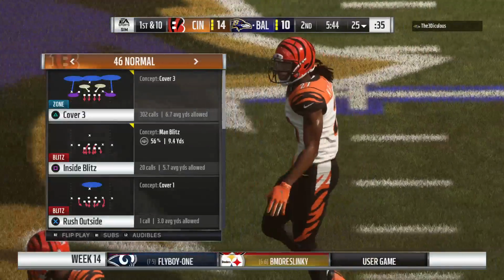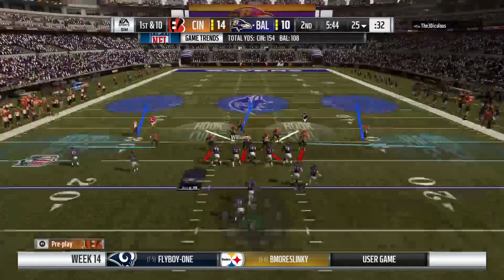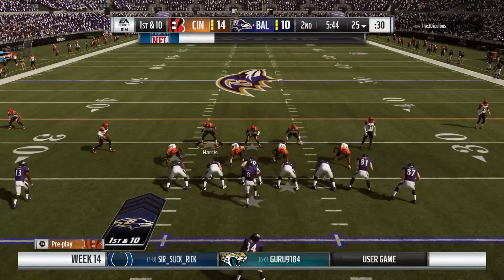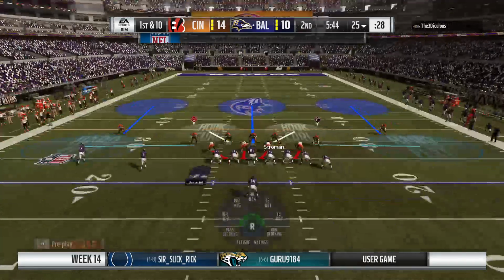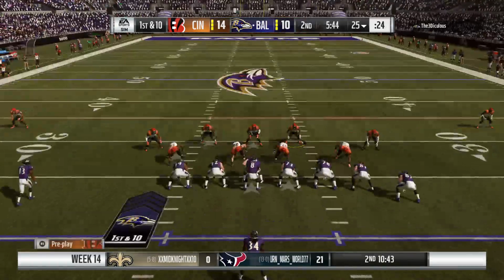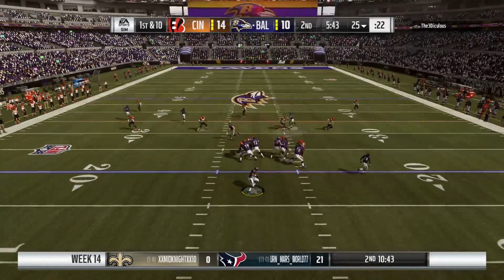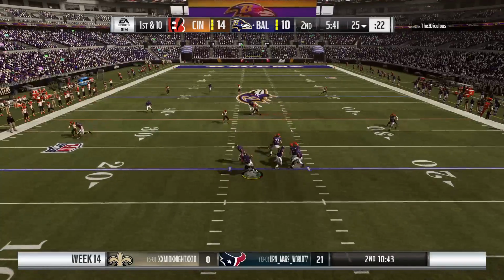Here comes the Raven offense now ready for another possession. And fortunate to get points on the board last time. They had to hit a really long field goal to do so. The kickers in today's game are so good and so skilled and hit from distances that we almost start to take them for granted, and we can't do that. That's a long field goal that they got to...